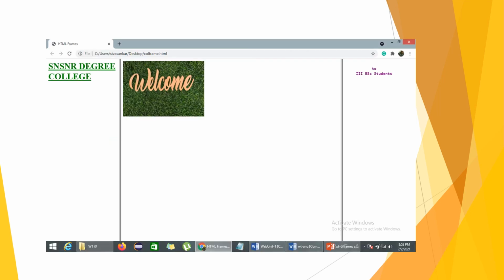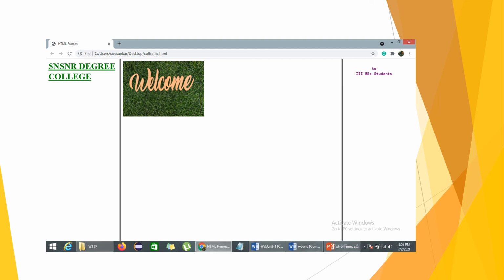See here, displayed vertically. This is top frame.html. This is main frame.html. This is bottom frame.html. In this way, the frames are divided vertically. If we want to display the frames horizontally, then we use the rows attribute in the frameset tag.